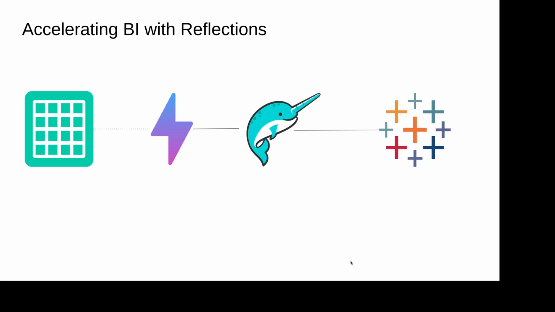You can use it for accelerating BI dashboards. Okay, so in this case, we turn on an aggregate reflection on the view, and basically as people connect directly to Tableau, and in the Dremio UI, there's literally a Tableau and a Power BI button to directly connect to Power BI and Tableau pretty easily. But Dremio also works for pretty much any BI tool pretty easily. I do a lot of blogs where we use Superset for different examples. And basically what happens is that when Dremio receives a query, it'll substitute the aggregate reflection for a much faster BI experience. Probably one of the most popular use cases for Dremio.